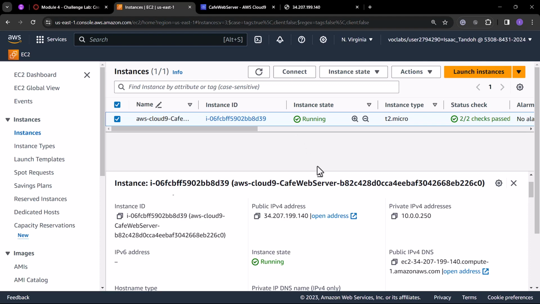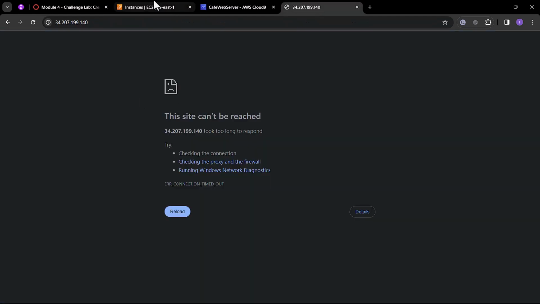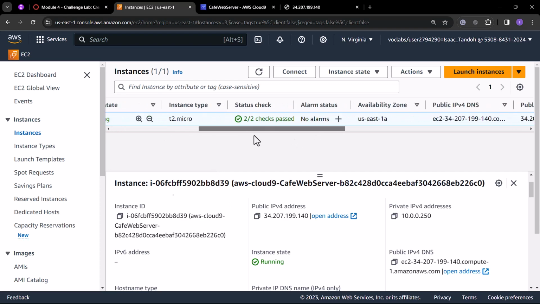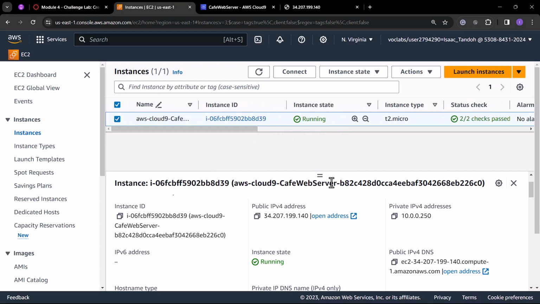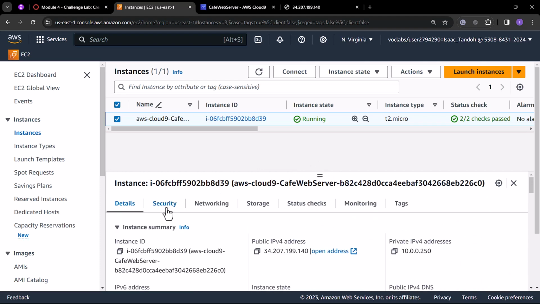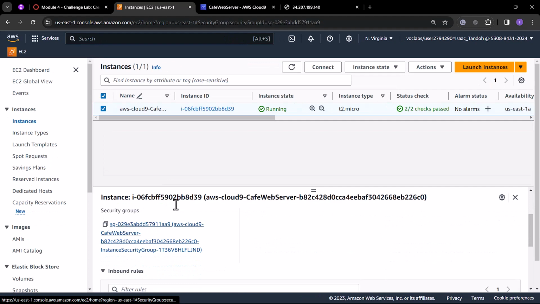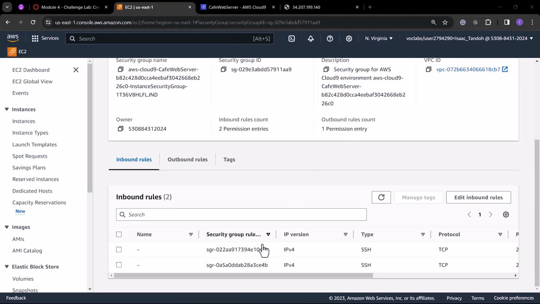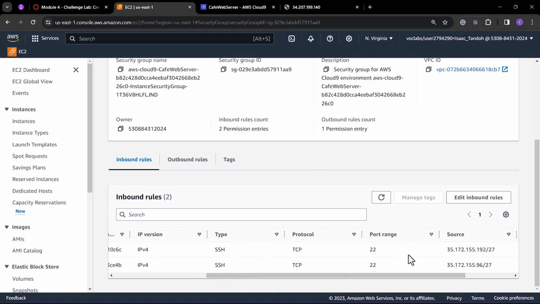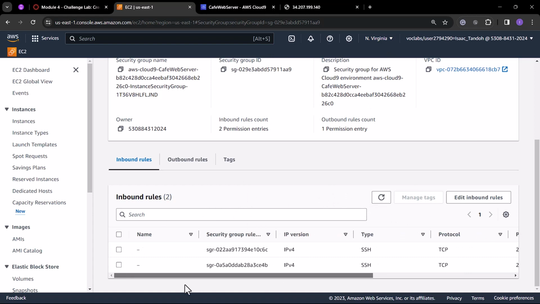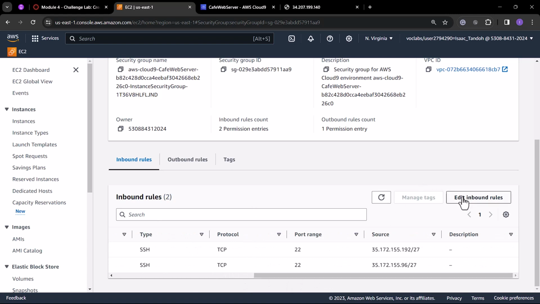Most of the time when you're having this problem, there are two things: either the EC2 itself, your server itself, is off, or maybe there is a rule, something that is blocking the IP address trying to access your web server. So we'll first look at the security group. We'll go to security and check the security group to see which rules are being allowed. For now, it is only the SSH rules that are being allowed. That is why we are able to use the Cloud9 environment to access the directories in the web server. So now what we will do is edit the inbound rules